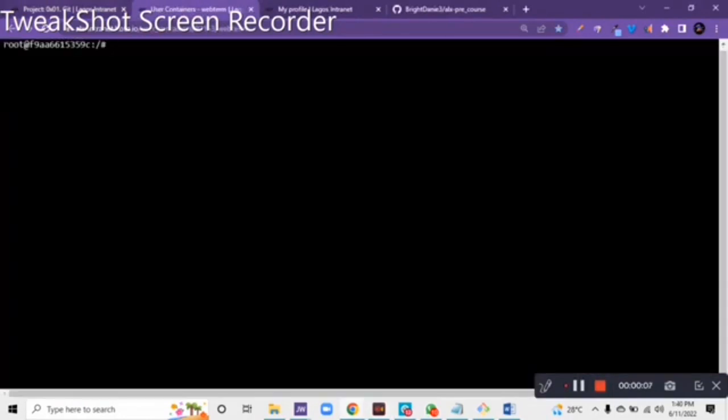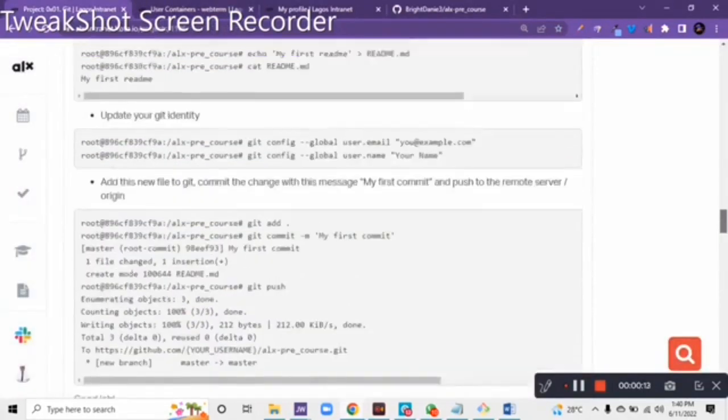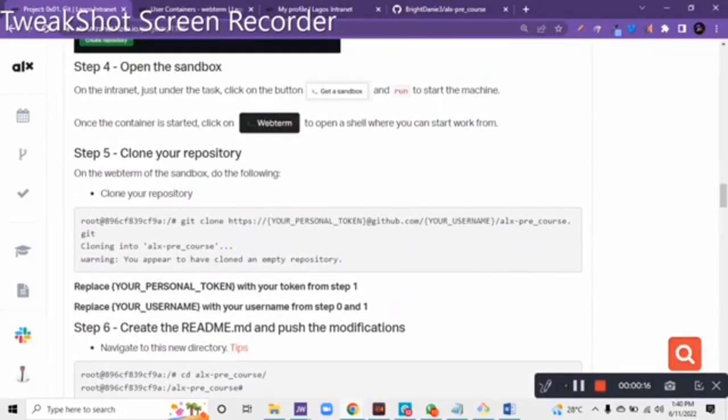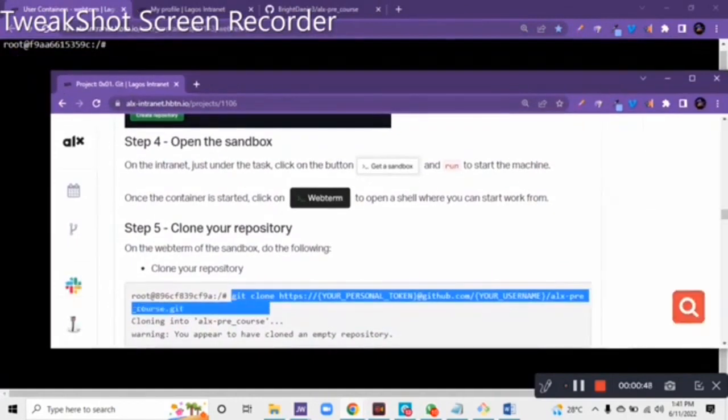Your sandbox is opened. Now go back to the instruction. It says open the sandbox, and on the web terminal of the sandbox do the following: clone your repository. How do you clone your repository? This is the command: git clone https your personal token at github.com, your username /alxprecourse.git. But you cannot copy this, so what I encourage you to do is drag down this tab,